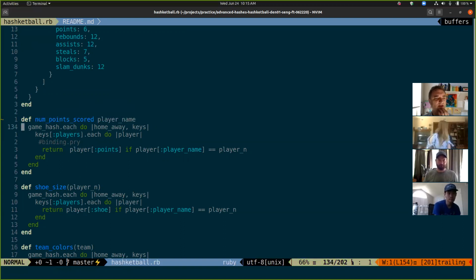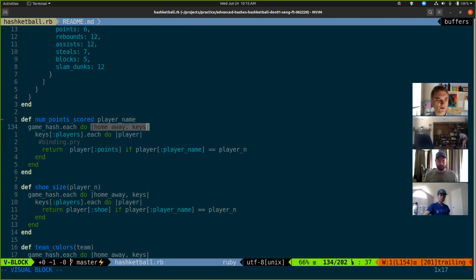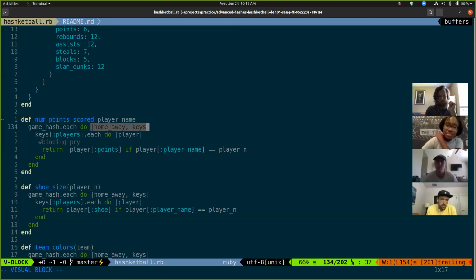Okay, so now we're eaching through this game hash, and what are these two things? We're saying home and away, and then keys. Should I come up with better names for those? Could you say what you got, Naya? Value? Did you say like key and value? So that's what they actually are. So this is going to be,